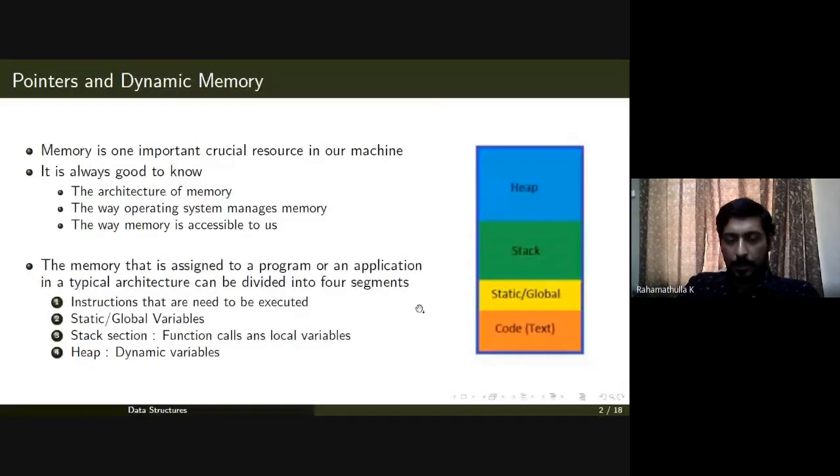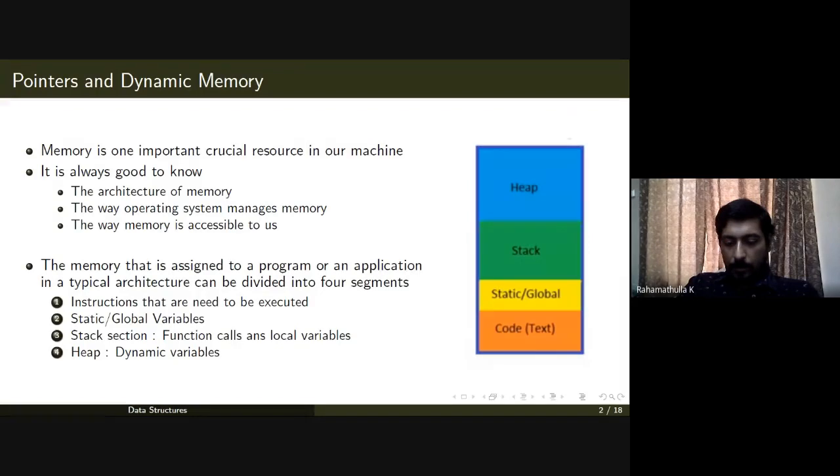Consider you are executing a C program. Once it is converted into its corresponding executable code, that executable C program code will go into the code section. And we have a small section which represents static or global variables.